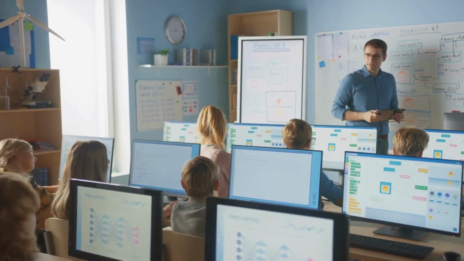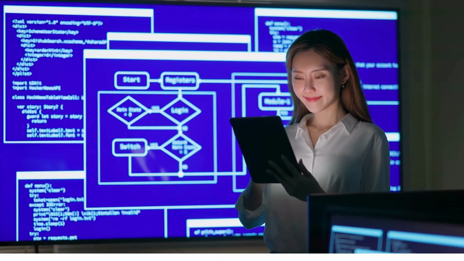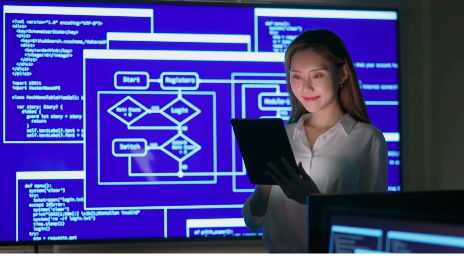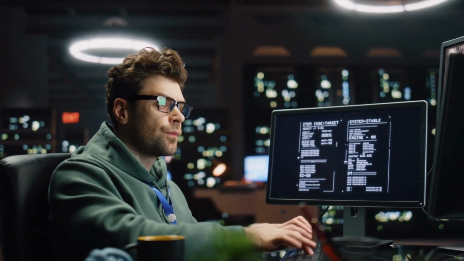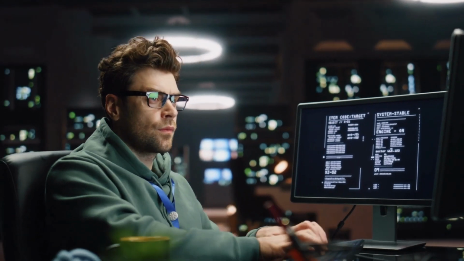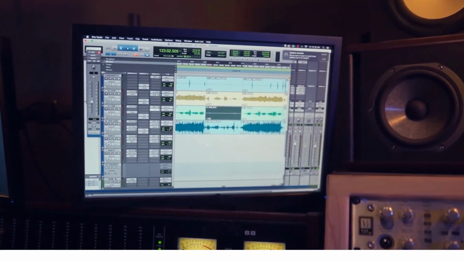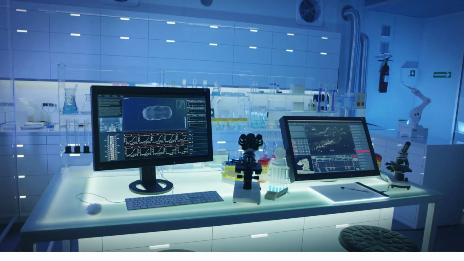If you're a student planning your degree or just starting out, I hope this roadmap gives you clarity, confidence, and direction. And if you've made it to the end, congratulations. You're ready to take on the world. Your future starts now. So stay curious, stay consistent, and go build something amazing.